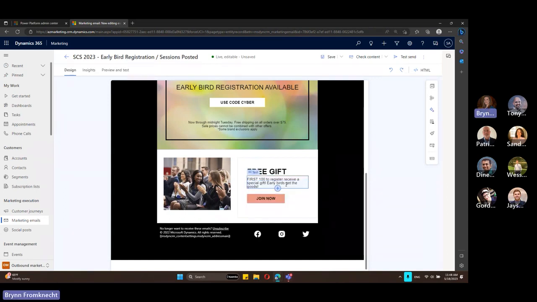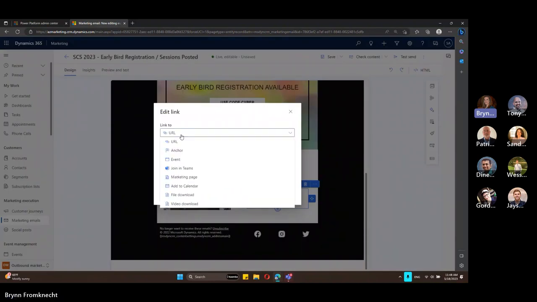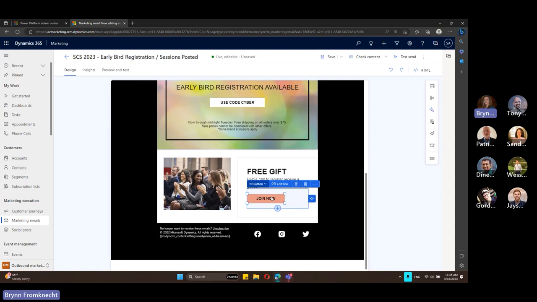So this text here, what I can do to edit this link is I can have it linked to a URL. I also can have it linked to Teams or to an event. So I can say join in Teams. I want it to connect to an event, and my live events are going to be listed here. So when I select a live event and I go ahead and update that record, every single individual person who has received this email is getting a different link that goes into this join now box, so that when I, Bryn, click it and I've joined my Teams meeting, in my actual event record,